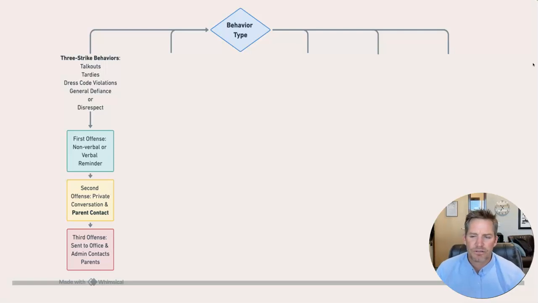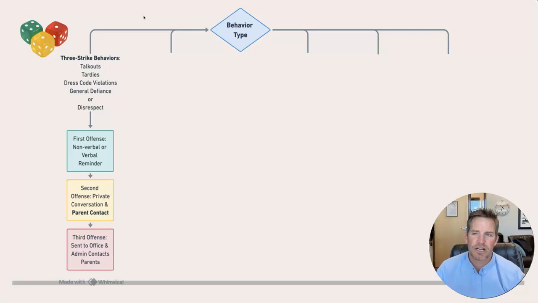Failing that, if you're unable to contact parents, the second offense is a good time to introduce some sort of intervention. If you've noticed it's a pattern, I used to go to this, I call them stoplight dice, where I would take them out in the hall and I would show them the dice and I would explain to them how the dice work. I would make it that student's responsibility to put the dice on their desk each day, get them out of a drawer, put them back at the end of class. And I would explain that, hey, if we get to this red dice, if I have to pull this red one, then you know it's an office referral.